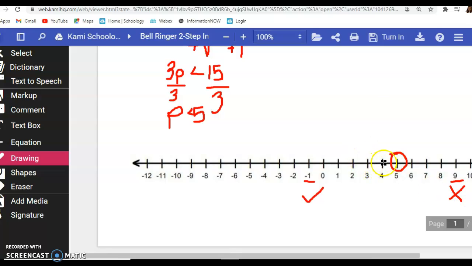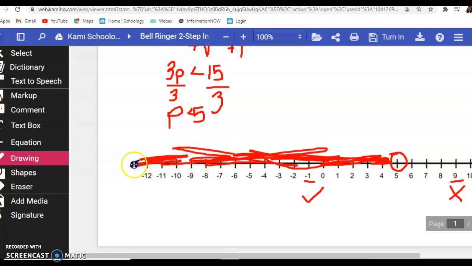No. So therefore, we know that we have to shade going in this direction. I don't have my pen, I'm using my finger. All right,